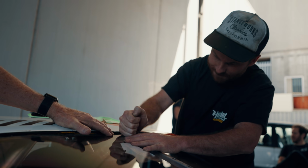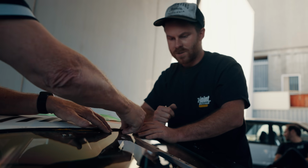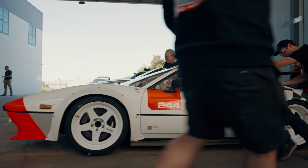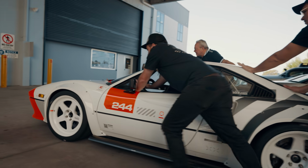Passive maintenance. There you go. Still lined up? Yep. From there, we brought the car back inside one more time, deciding that it was probably smart to get